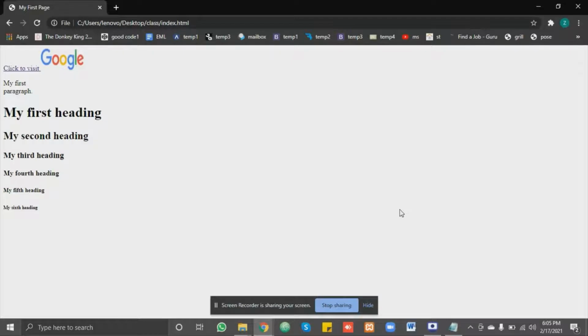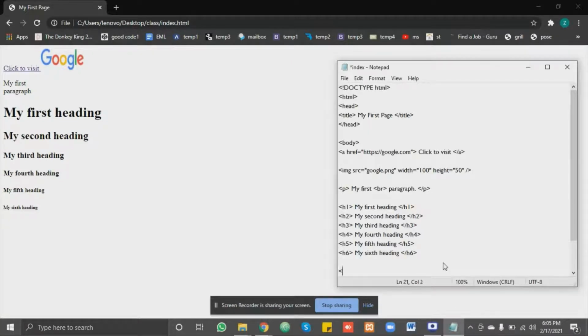So let's learn about paragraphs. So basically this is the opening tag of a paragraph and this is the closing tag of a paragraph. A paragraph always starts on a new line and is usually a block of text. The p element defines a paragraph. A paragraph always starts on a new line, and browsers automatically add some white space or margin before and after a paragraph. So for example,